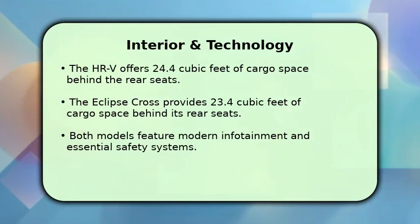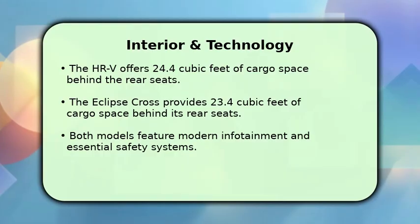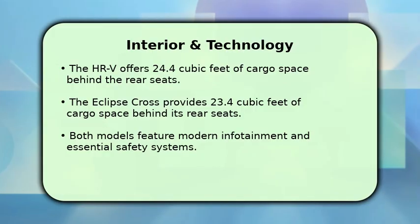Inside, the Honda HR-V often feels more spacious, offering 4 cubic feet of cargo space behind the rear seats. The Mitsubishi Eclipse Cross provides 4 cubic feet of cargo space, which is still quite practical. Both vehicles come equipped with user-friendly infotainment systems and a suite of safety features designed to keep you connected and